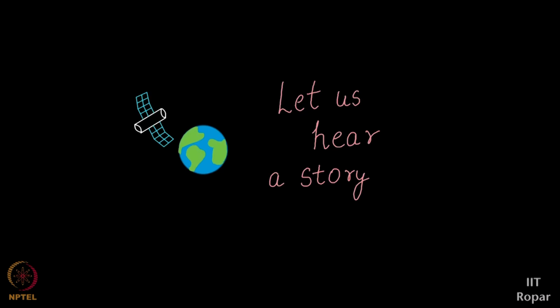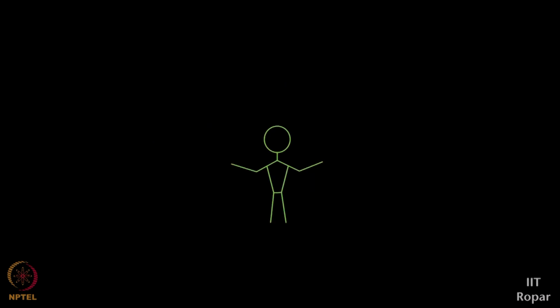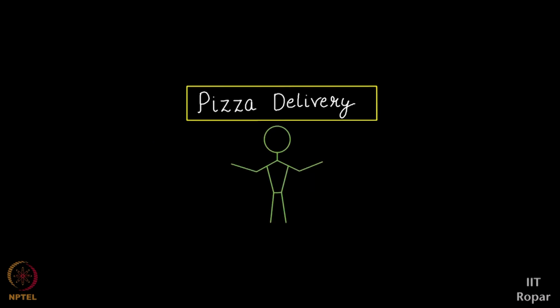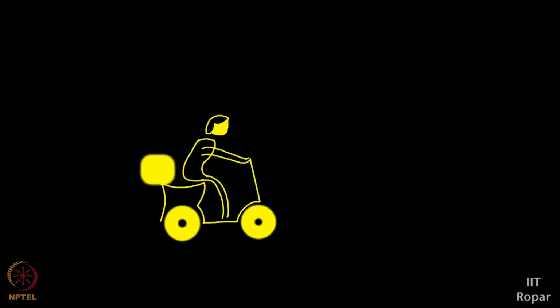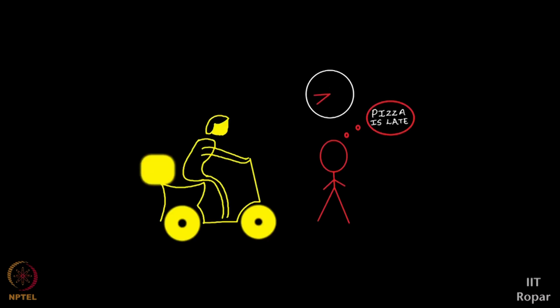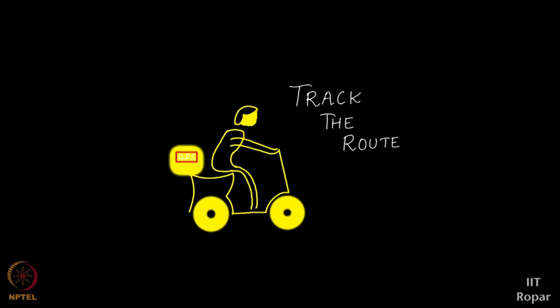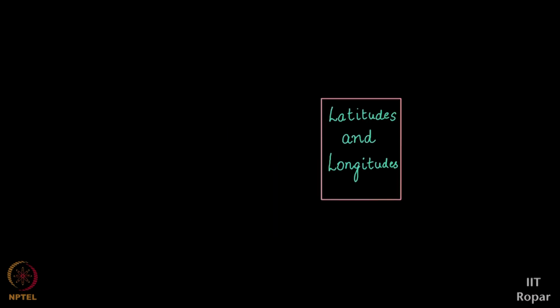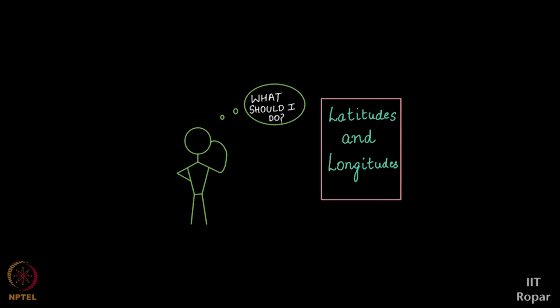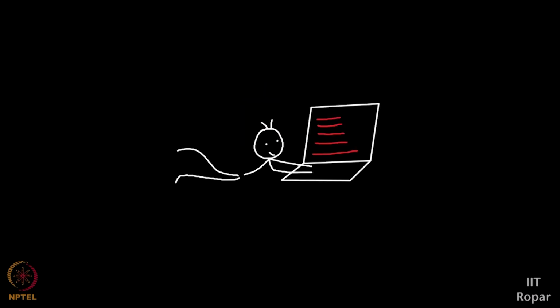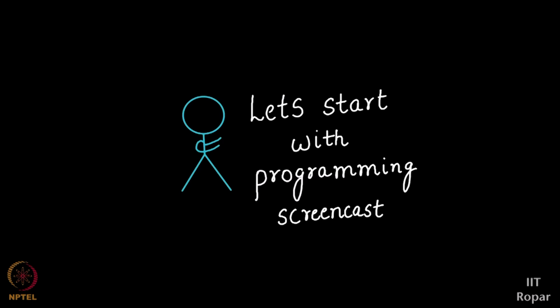Assume this story: some time back, one of my friends owning a pizza delivery company calls me. He has complaints of late delivery from his customers, and he installs a GPS tracker on the delivery bikes, hoping that this would solve his problem. But instead of giving the location names, the GPS tracker gives raw information in the form of latitude and longitude. In order to help my friend, I need to write code that helps him track the route of his delivery boys. But can we do it using Python? Of course, yes. But how can we do it? Well, we have Amit to our rescue. Let's find out.